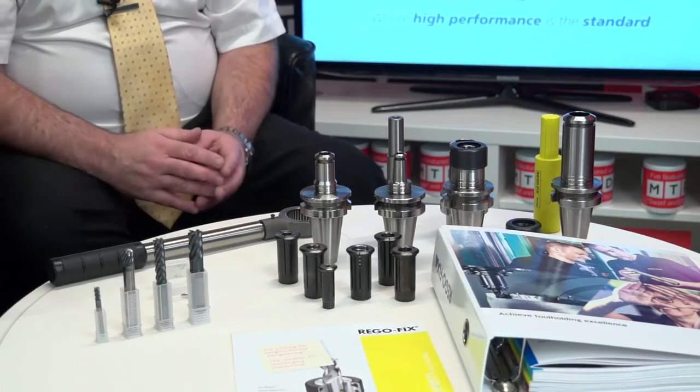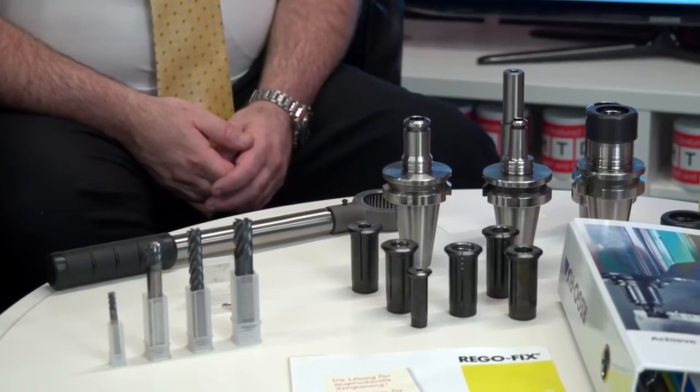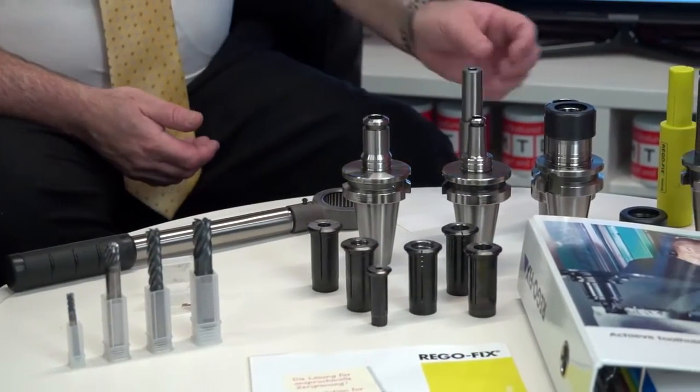What we have here is a system, and it is a system. It's not a standalone chuck. As with most systems, it comes with some kind of heating unit or some hydraulic unit to open the collet, or open the chuck, so you can get the tool in. Yeah. And the powRgrip system is no different. As you can see in front of me here, I have a selection of back end tapers. We have some BTs, we have some HSK,